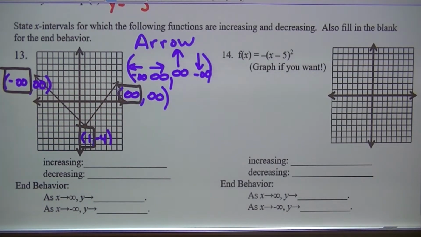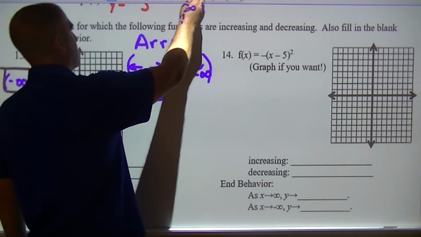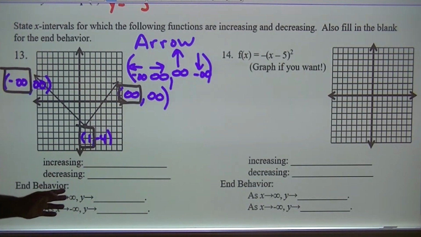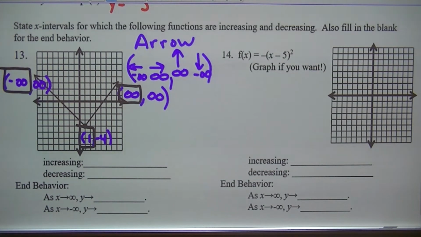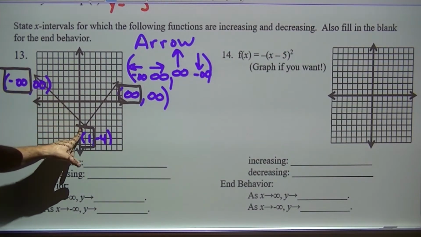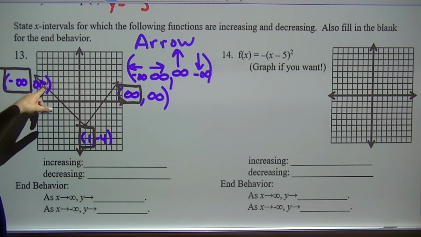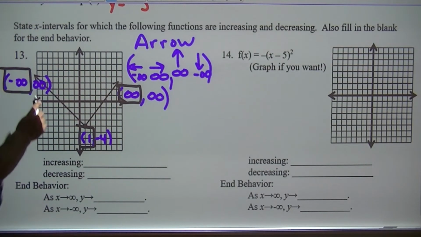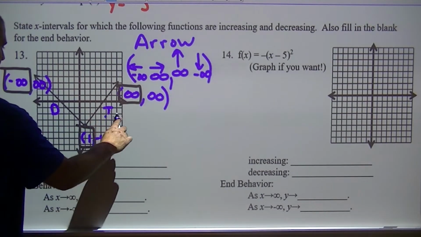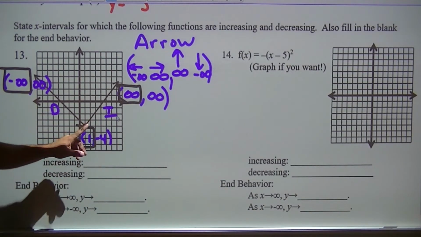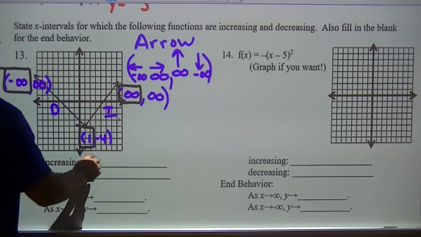Now, for increasing, decreasing, I'm going to show two representations. Regular notation and interval notation. So, for regular notation, what we do is we start from the left and we trace. If you feel like you're falling, that's a decrease. If you feel like your finger is going down, it's decrease. If your finger is going up, it's increase. So this is the decrease, and then this is increase. So when I fill in this stuff, the increase is from 1 to infinity. So the way you write that is 1